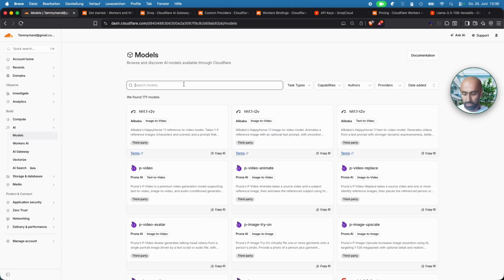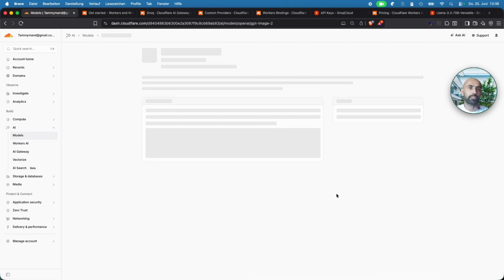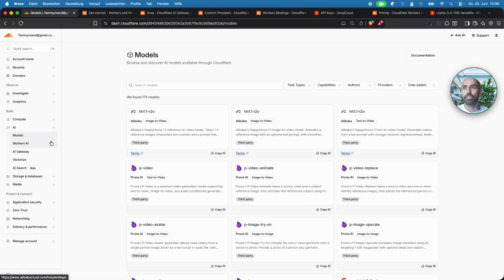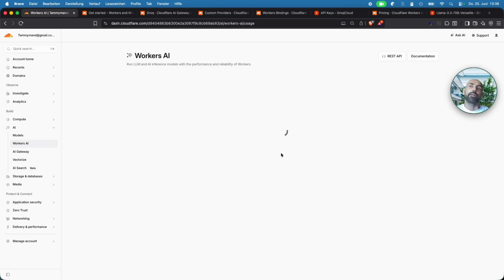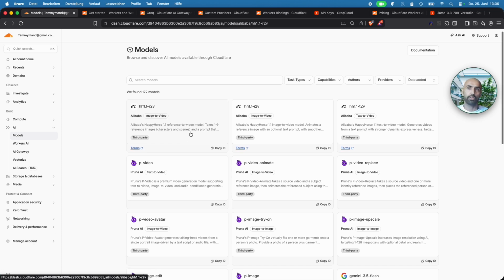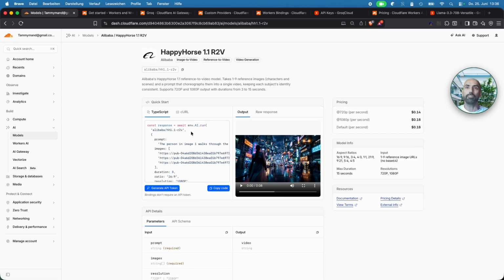And let's say GPT, right? Here's a small preview as well, some tagging of what it can do, and then you can filter them out. So normally, if you don't want to use Workers AI, for example, and just want to call these models, here's the way when you are inside of Workers AI, but you could also use the endpoint from Cloudflare,